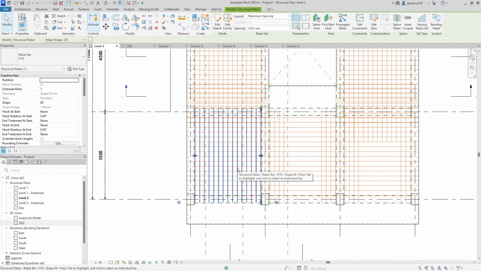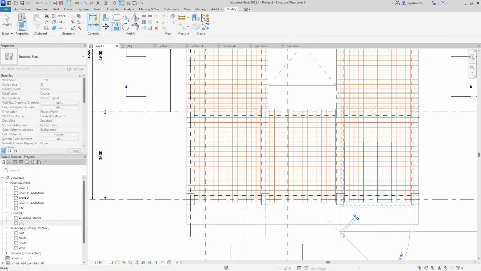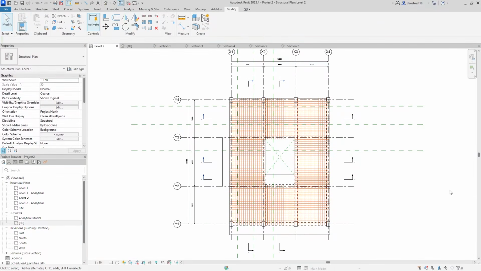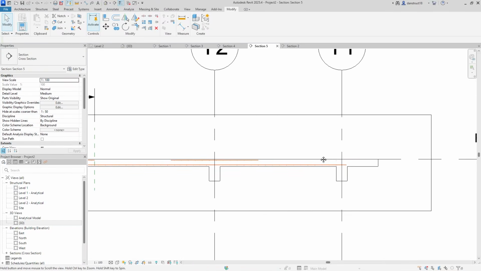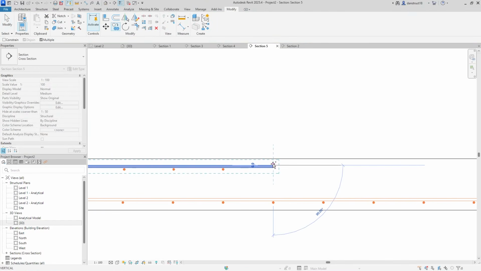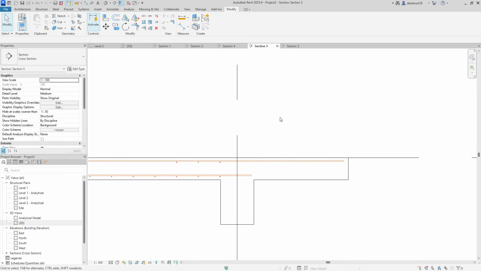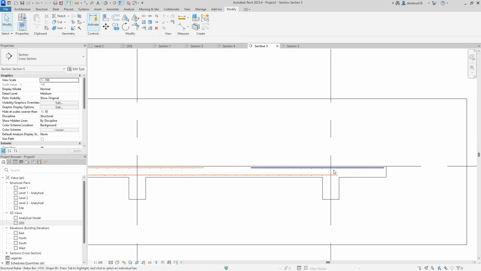So I'll select this and copy here, paste one here, and paste another one here. All right, there we go. Now let's go ahead and place the cantilever reinforcements. I'm just going to select this bar here, and I'll copy from this point and paste it around here. Now I'll select that bar segment, and I'll click on edit